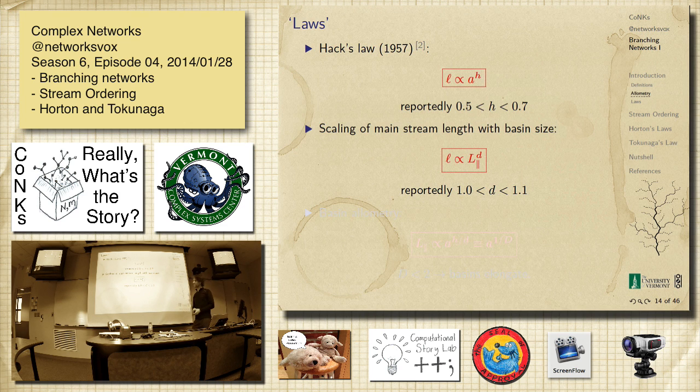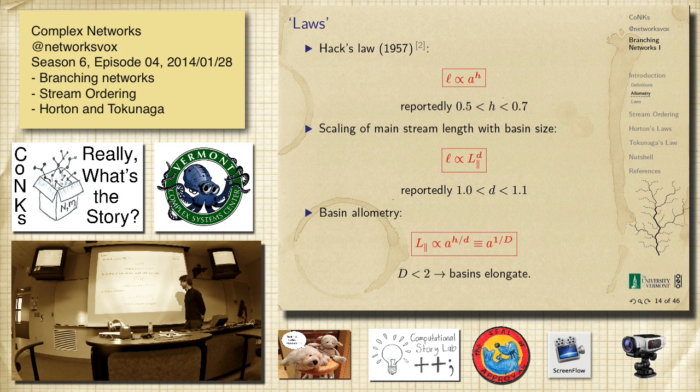So this is a weak one, right? This is the mainstream length again, scaling as the overall Euclidean length. Sometimes it's just flat at 1, and then up to 1.1, right? So a very weak fractal nature in this thing. And if you put these guys together,